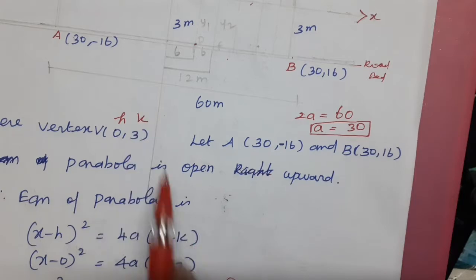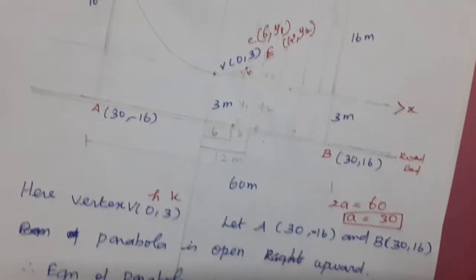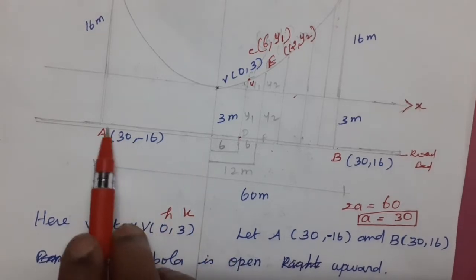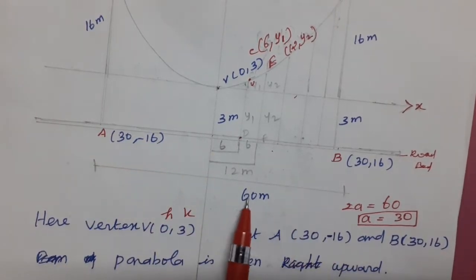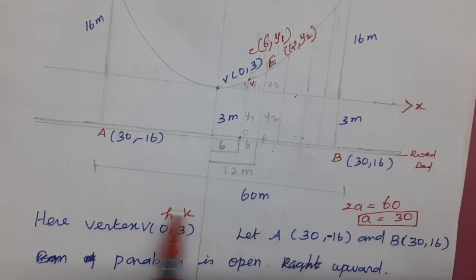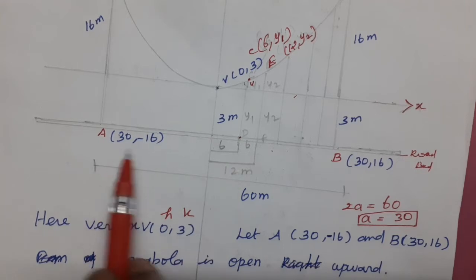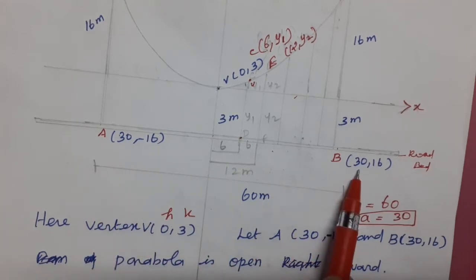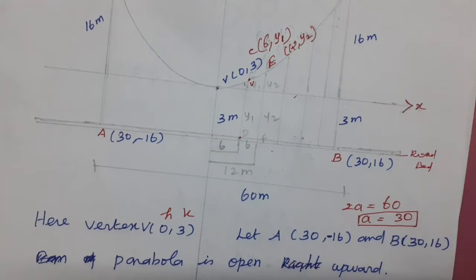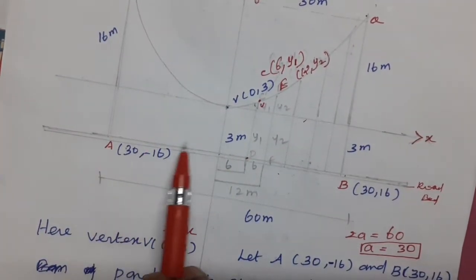A is what? 30 comma. How comes 16? This is height. See, this is the axis. So the road belt is what? The 60 meter parabolic cable of 60 meter. So 60 meters divided by what? 30, 30. Therefore, x-axis here 30, here also x-axis 30. Again, this is the height of each end. So this is what? Minus 16.